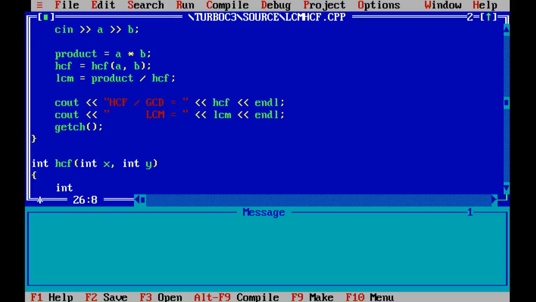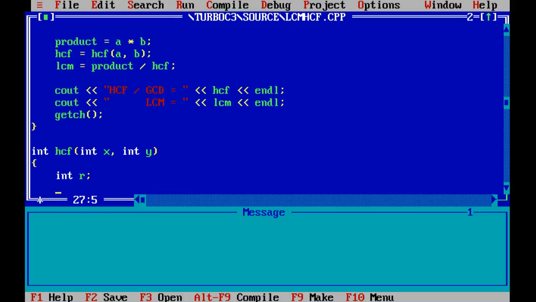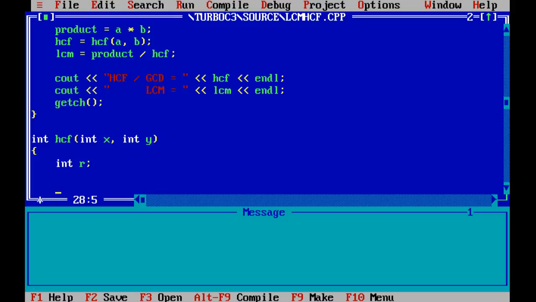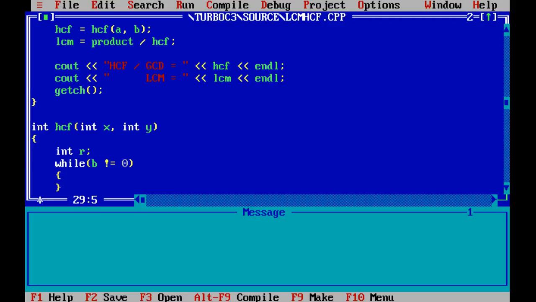Now here int, we require a variable which is not required anywhere else, so it will be a local variable for this function. This is going to store the remainder of some divisions. Okay, so now look at this. While b is not equal to 0, what we need to do is, now these three things come from math, so please refer to that.